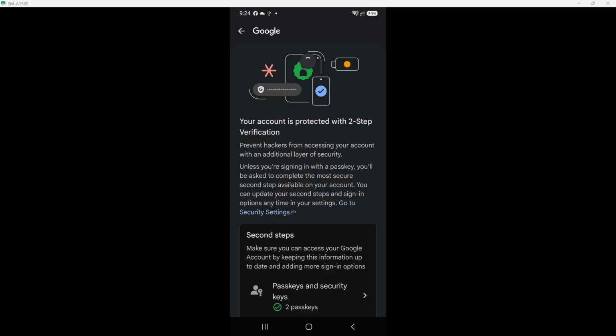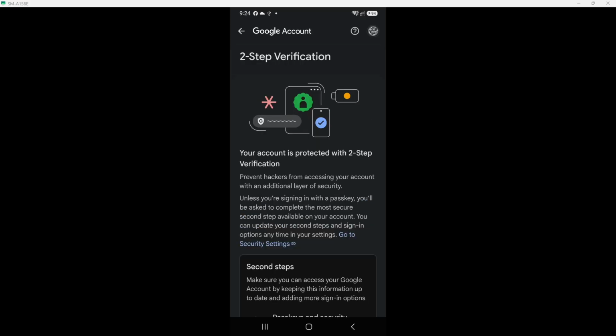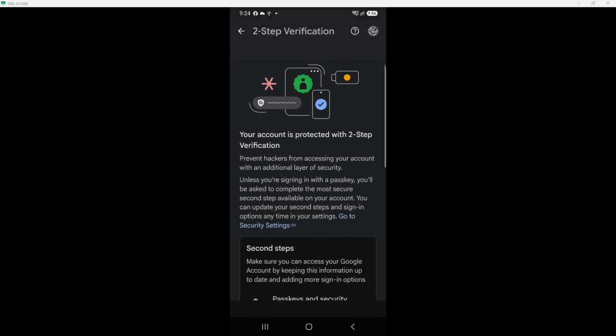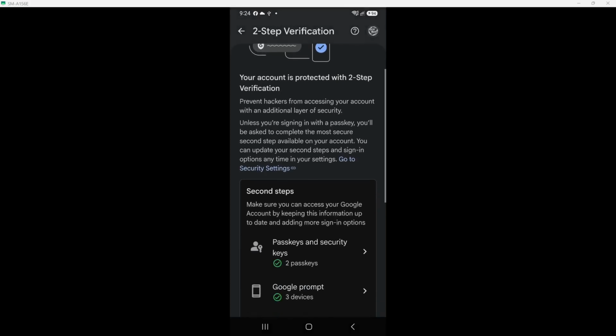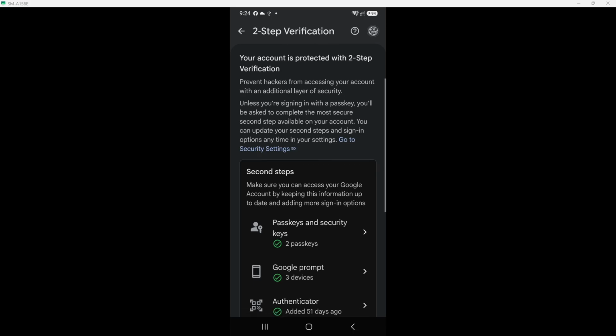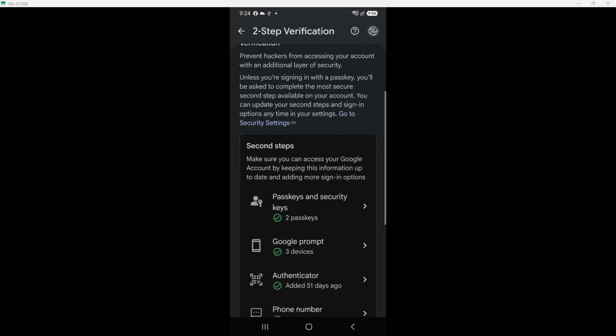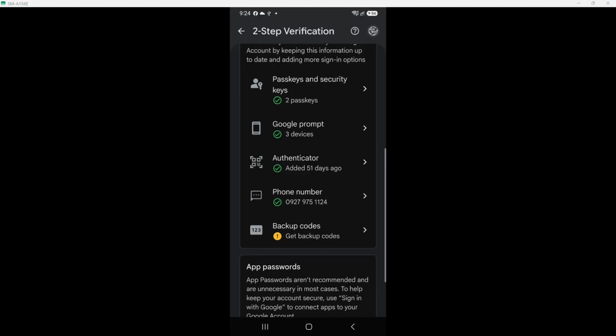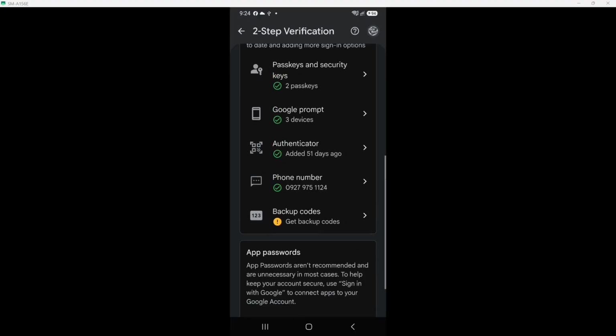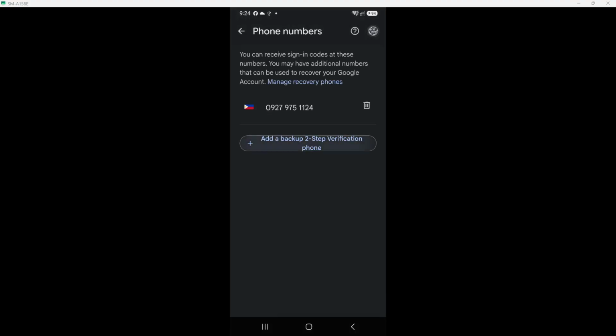Enter the verification code you received. This action validates your new phone number. It's like a handshake confirming your identity. After entering the code, tap Verify. This step finalizes the linking of your new number to your account. You should see a confirmation appear, reassuring you that the process is complete.